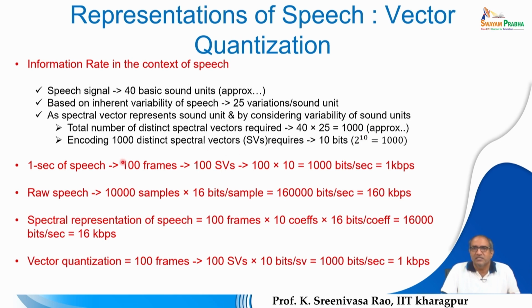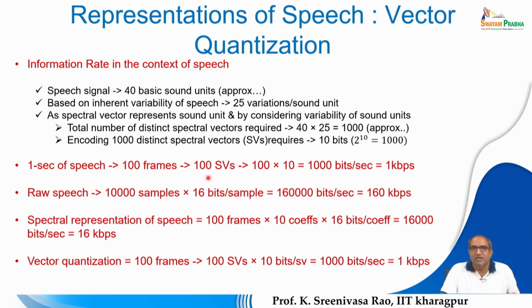Since there are 1000 distinct spectral vectors, we can code them using 10 bits, because why? These 1000 distinct spectral vectors are there, so 2 power 10, the 10 bits are sufficient to represent each of these distinct 1000 vectors. So, using the principle of vector quantization, 1 second of speech is represented by 100 frames,